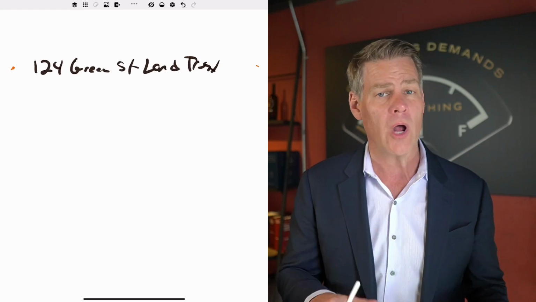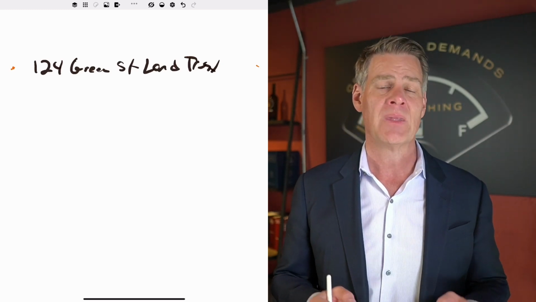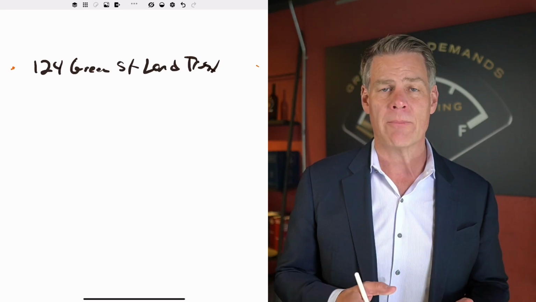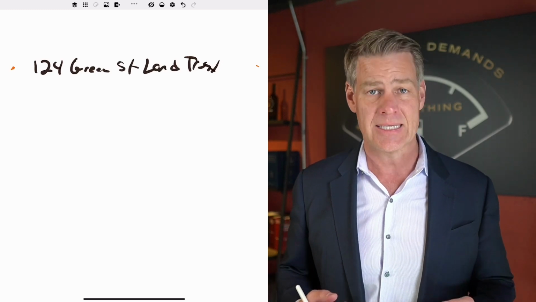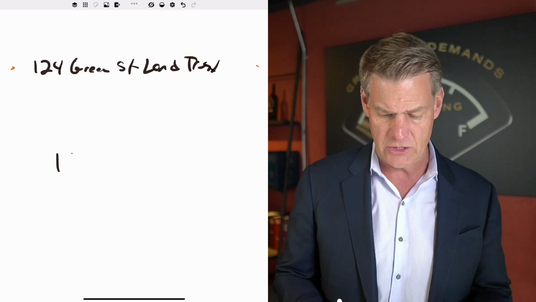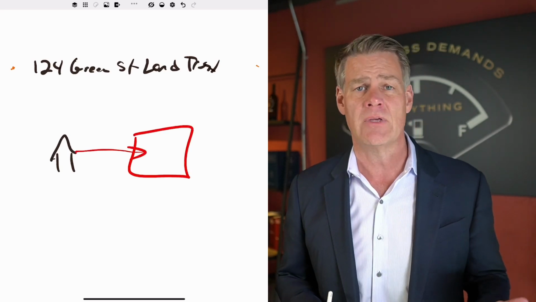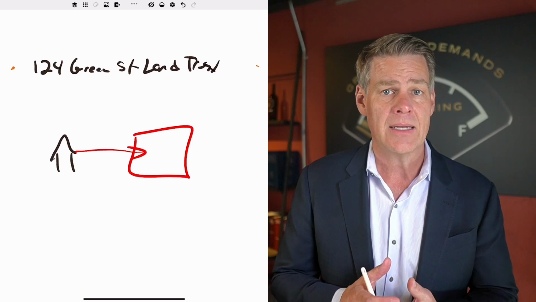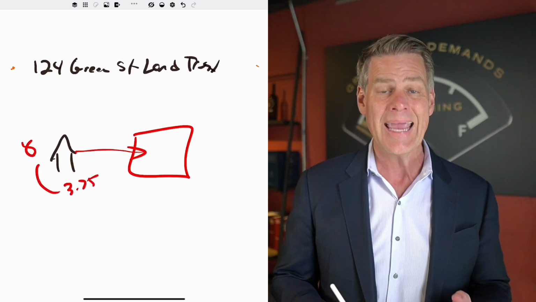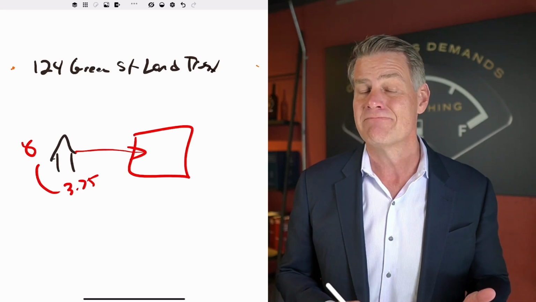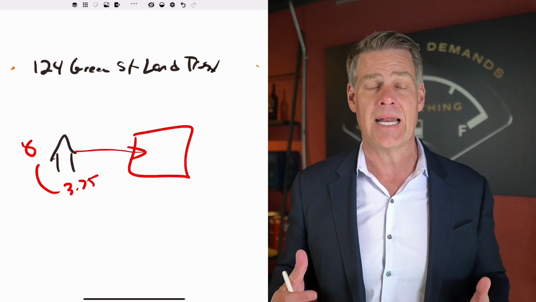Now, there's 2 problems with what I just put up on the screen when you're using this type of naming convention. Number 1, let's assume you're transferring your property into the trust because you're concerned that the lender may accelerate the note. You were planning to transfer this piece of real estate into a limited liability company, but then you watch a video online and realize that if you do that, your interest rate when you took out the loan was 3.75, but now it's sitting at 8. The lender holding that paper might accelerate. So I want to minimize that risk, but at the same time, I still need that asset protection.